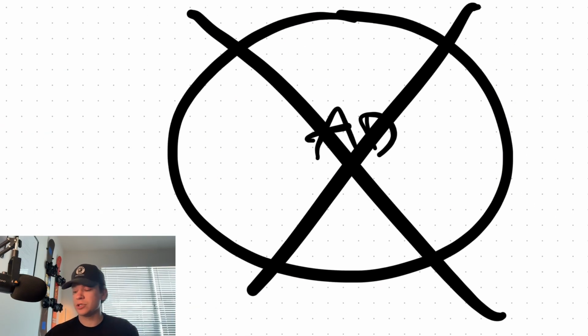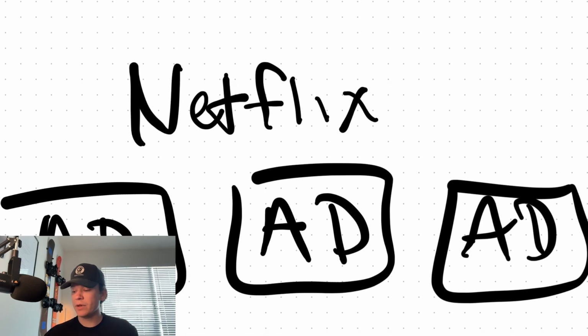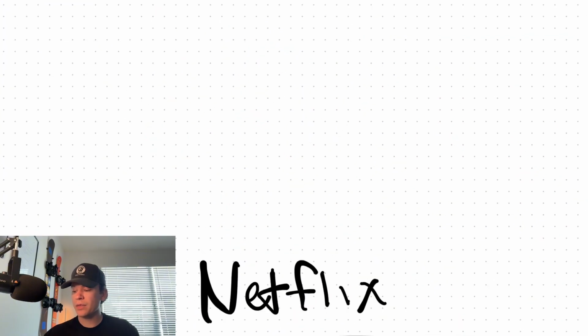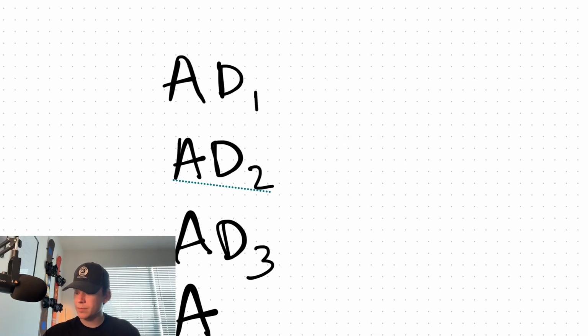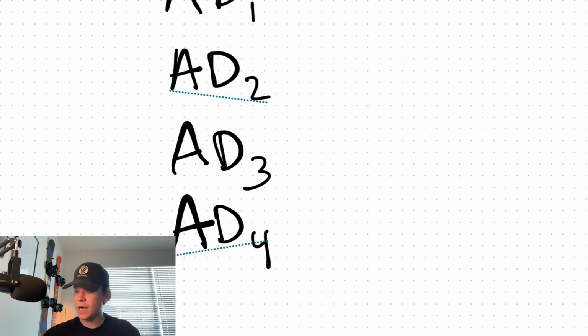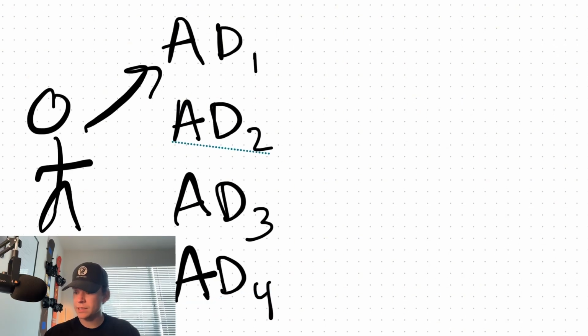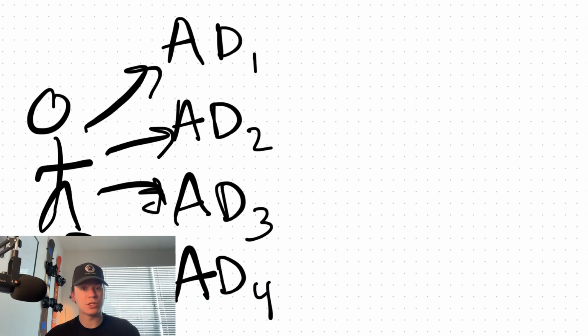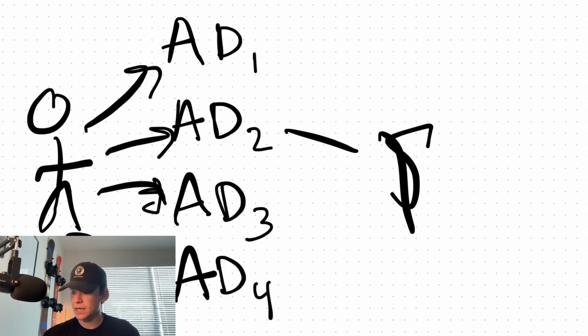Now, we briefly touched on this, but why does ad fatigue happen? If we go back to the Netflix example, you've got to think that people are going to respond, and this is very similar to the messaging video on my channel, so go check that out. But people are going to look at each ad, and one of these is going to get them to convert, whether it's ad 1, ad 2, ad 3, ad 4. This person is going to buy from one of these 4 ads. We just don't know which one it is. And again, on the other side of that, let's say it's ad 2, they get the money.